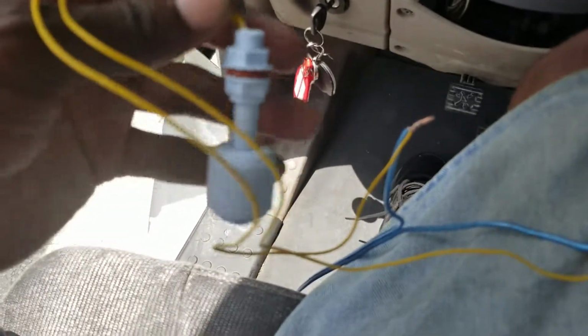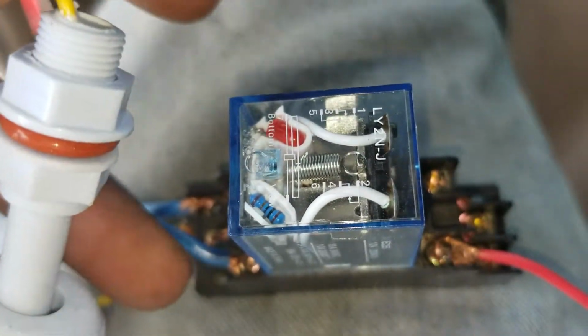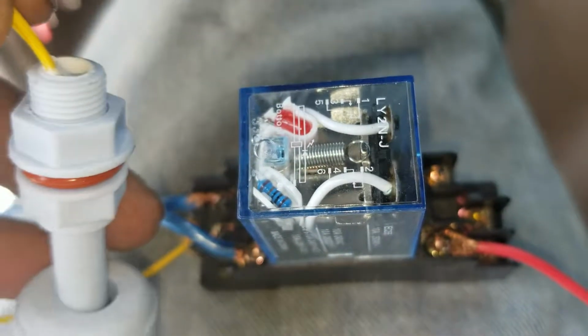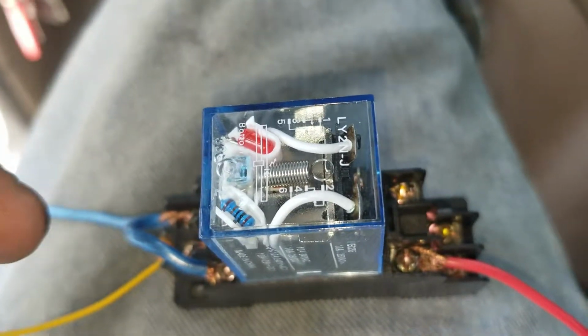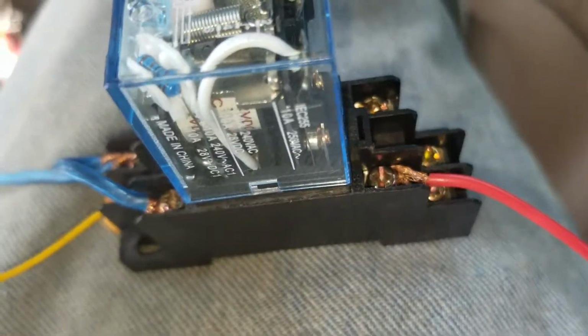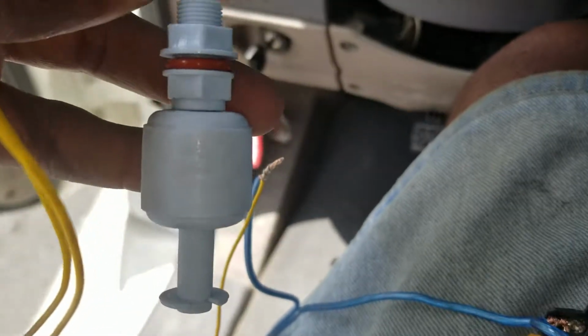Basically, when the float switch goes up, it turns on. Oh, it's daylight. You can't see it. It turns on the relay. When the relay turns on, it activates the pump. So in other words, when this gets up to the top, the relay turns on and it turns on the